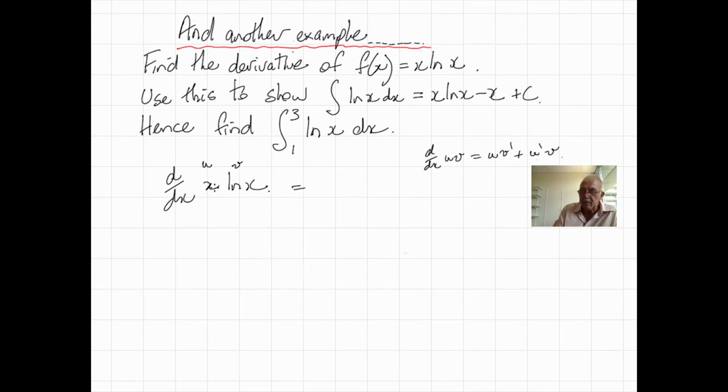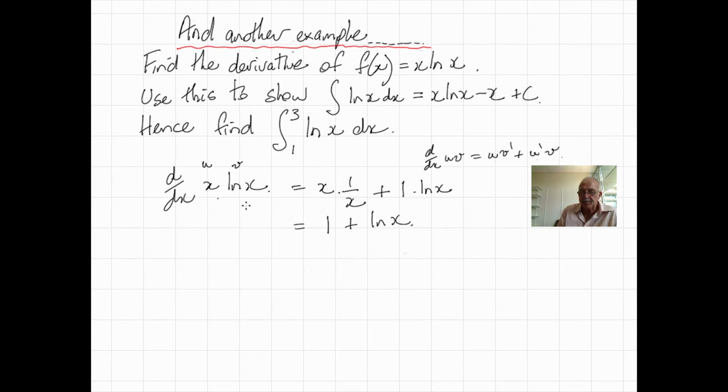So here my u is x, so it'll be x, and the derivative of ln x is 1 on x, because the integral of 1 on x is ln x from our table, so the derivative of ln x is 1 on x. So there's my u v dash plus u dash v. The derivative of x is just 1 times ln x. Now that's equal to 1 plus ln x. So that's the derivative with respect to x of